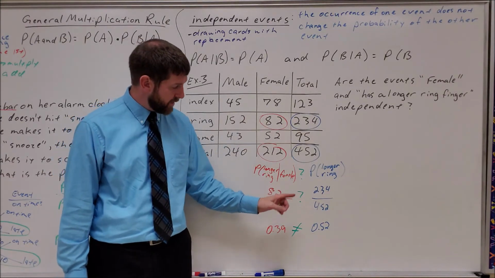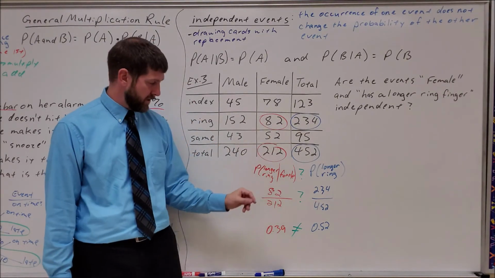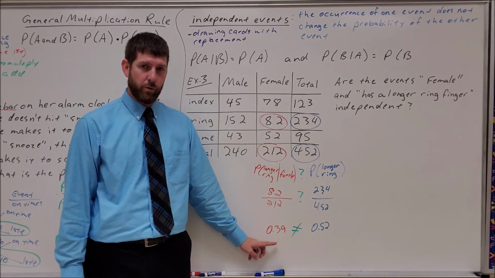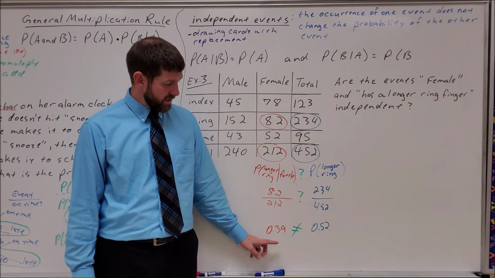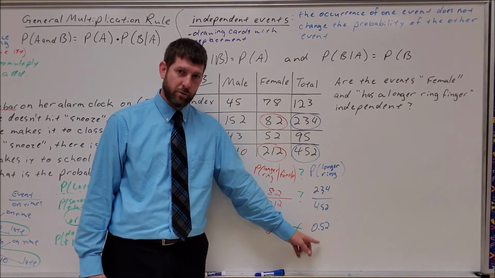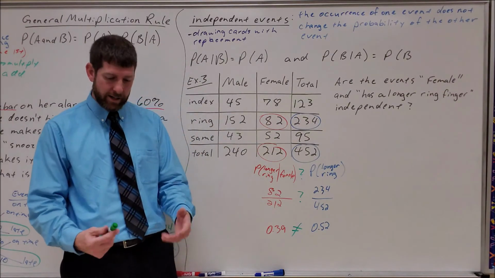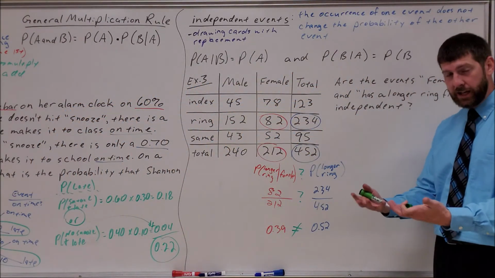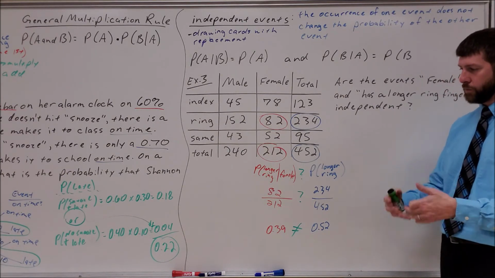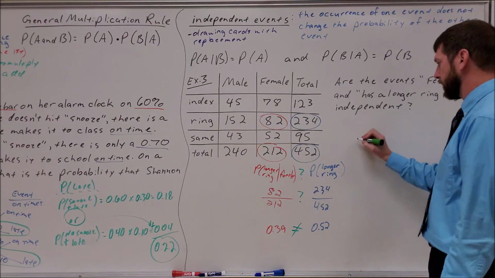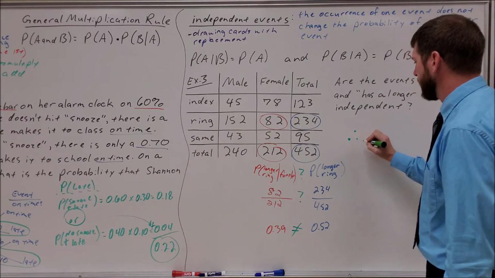So something happens when you are a female, according to this, that makes you less likely to have a longer ring finger. So since the subgroup had a different probability than the total group, that means the two are not independent of each other. Okay? So being female does have some type of interaction or some type of role in whether or not you have a longer ring finger. So the way we would write that conclusion is we'd say, therefore,